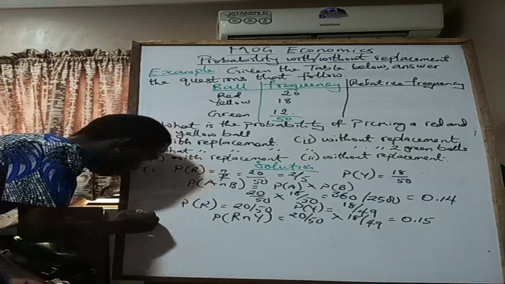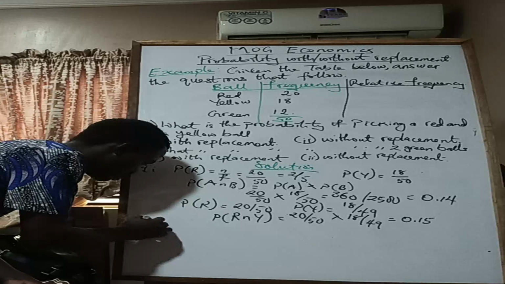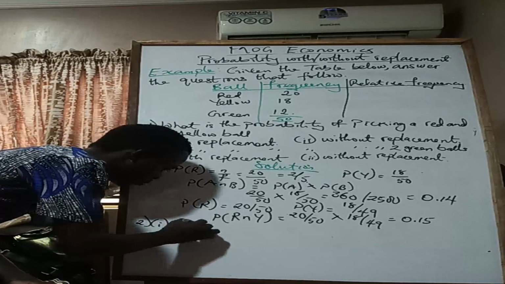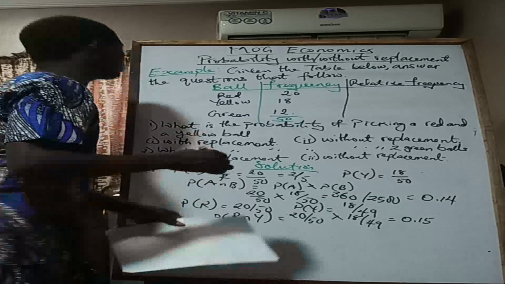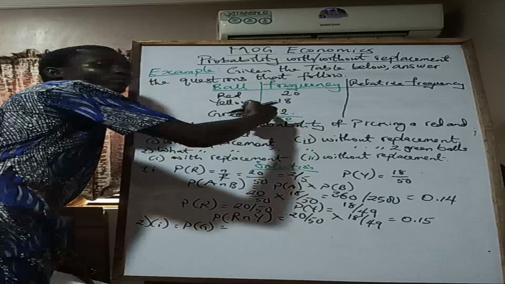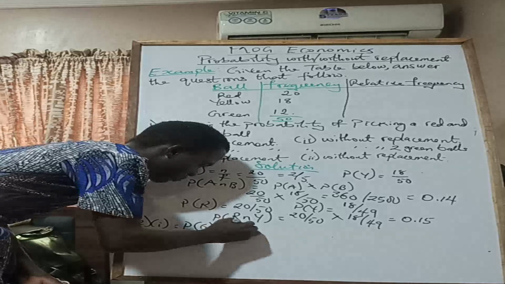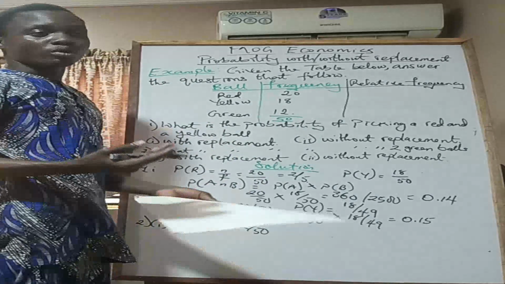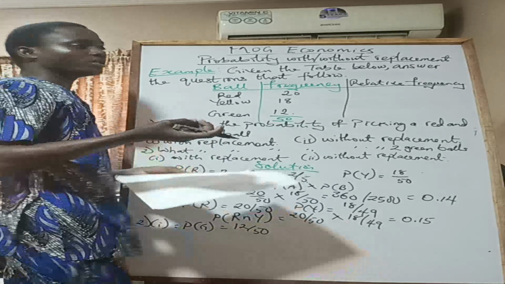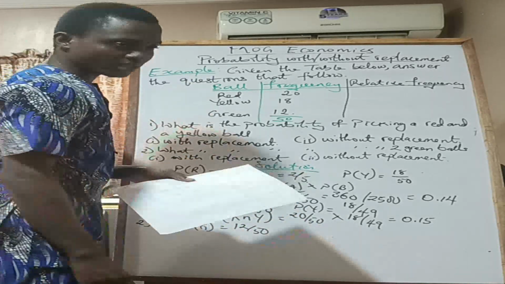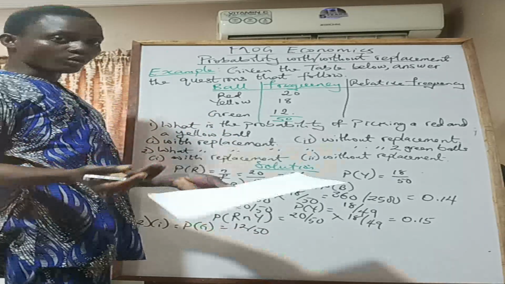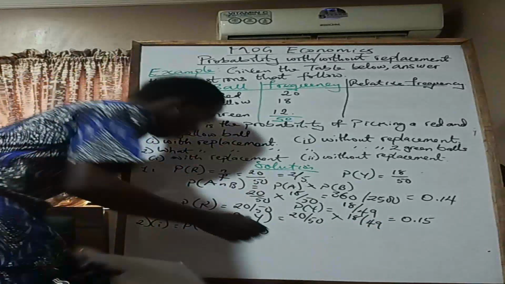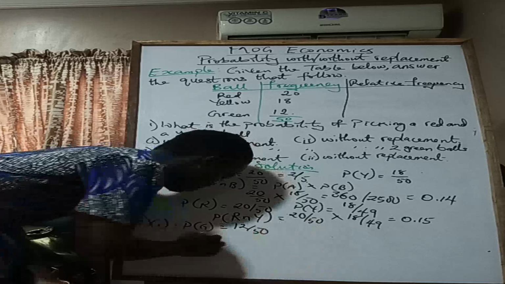So the last one, number 2, let's say I. So the first green ball, probability of a green ball equals green. You have 12 green balls, 12 over 50, right? Since you're picking two green balls, when you pick the first green ball, you calculate probability, and then you put it back, then you calculate probability of the other green ball. So essentially, you'll be having the same number. Okay, so probability of picking two green balls